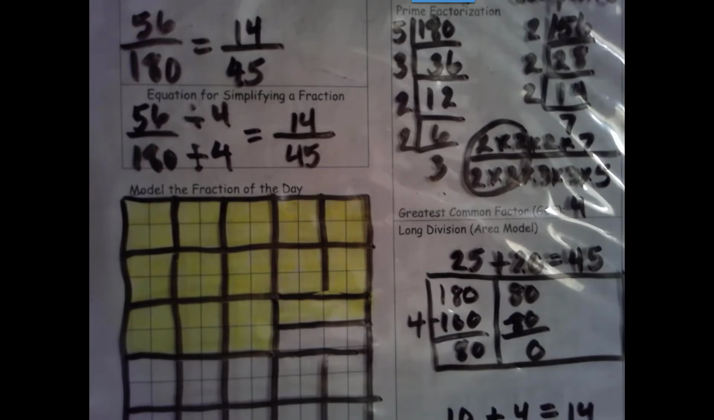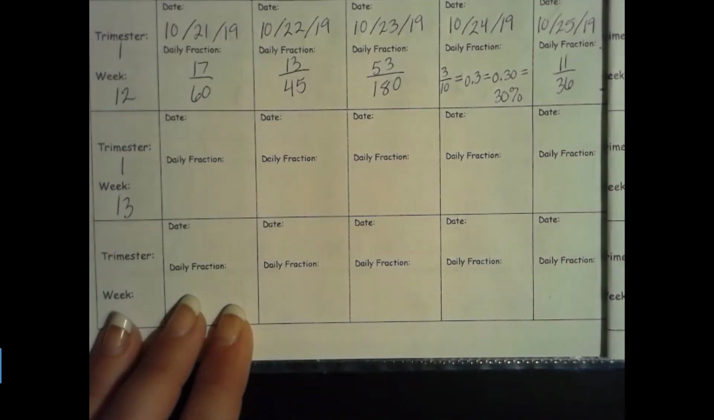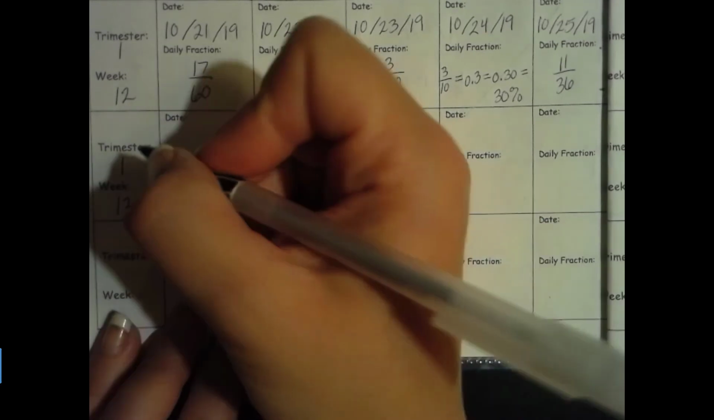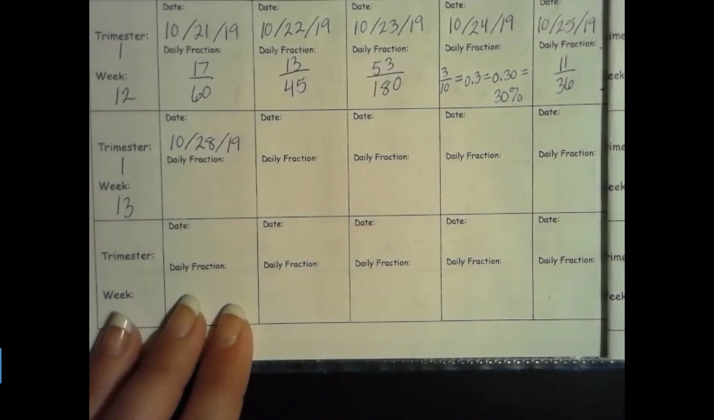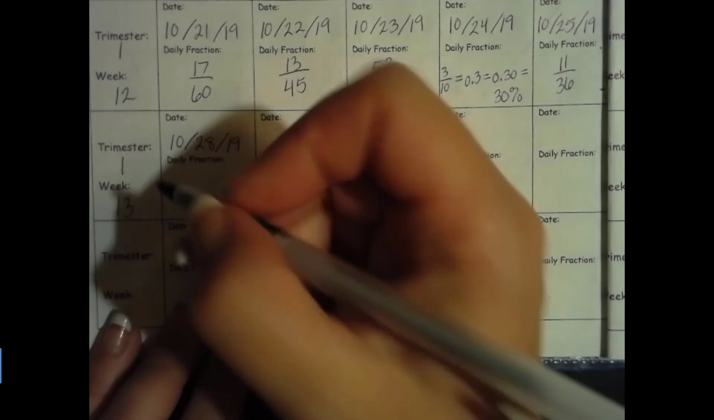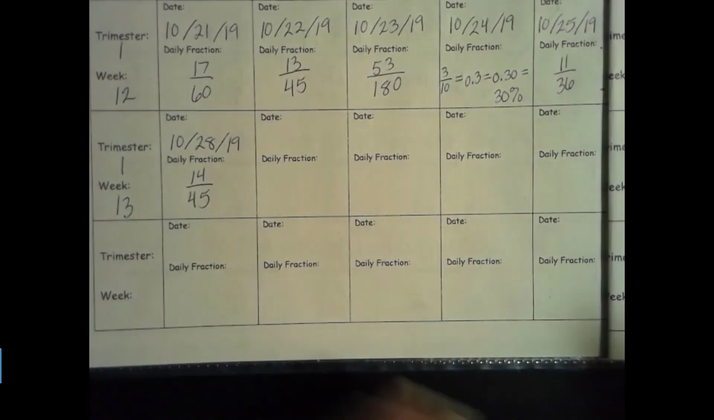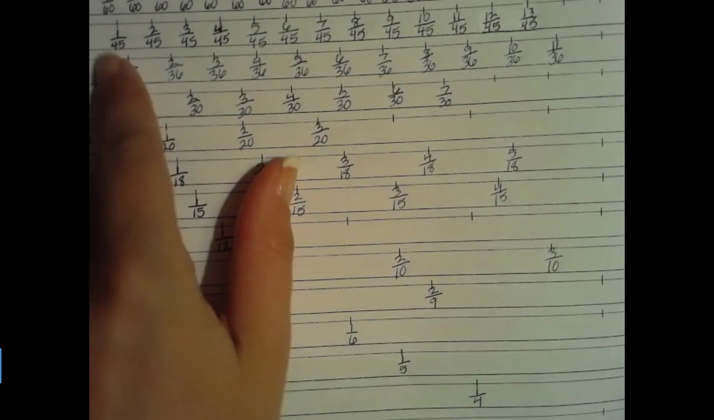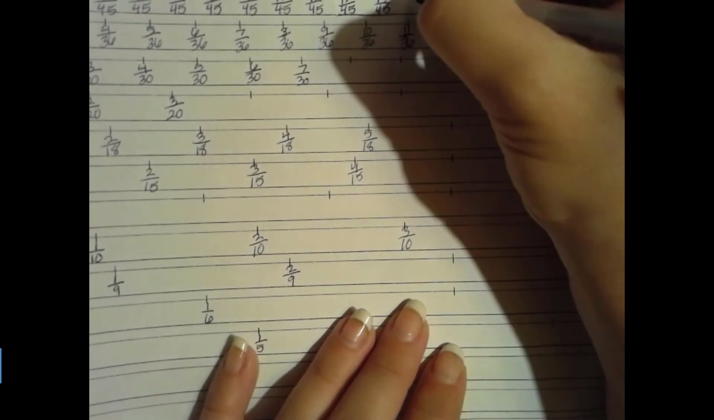Alright, now let's go ahead and fill in our data collection page. Alright, trimester 1, week 13, the last week of this trimester. Next week we'll start trimester 2. So today is 10/28/19, and our fraction for today is 14/45. So we did groups of 4. So our last group of 4 is 13/45, and then today